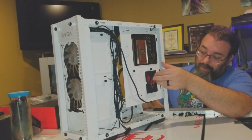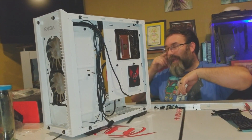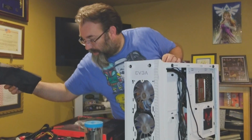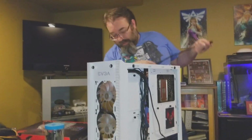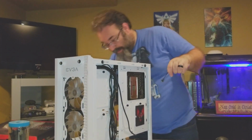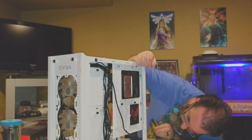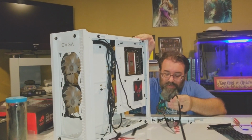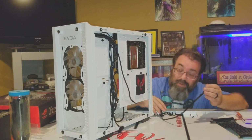So we have that hooked up. Again, I'm not going to run the cable quite yet for the power. That's going to be one of my next steps here. I am, however, going to go ahead and grab that serial ATA connector, and we're going to go ahead and run this for now. Trying to see the best way to run this. I think what I'm going to end up doing